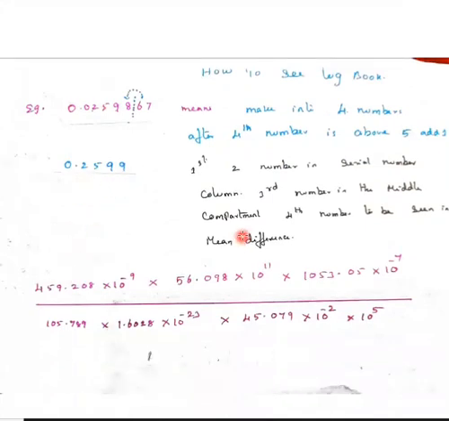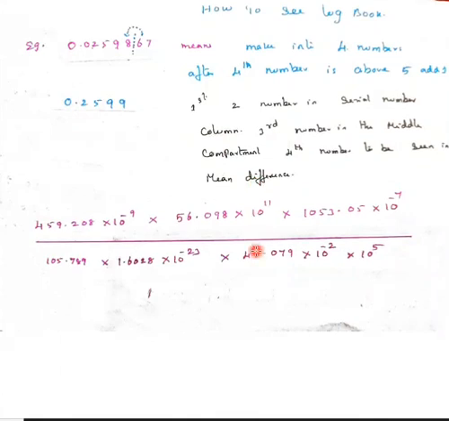0.2599. Next, the first 2 numbers. Take the logbook and see. First 2 numbers we should see, this 2, 5. Don't see the point and 0. Only 2, 5, 25; see it in the serial numbers column. Then the third number 9: see in the middle compartment of the logbook. Next, the fourth number is to be seen in the mean difference side. This is the way to see the logbook.